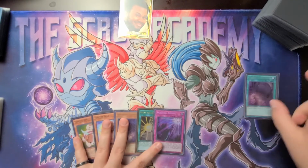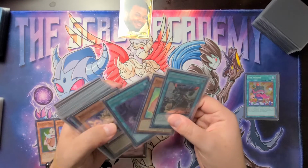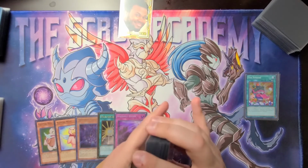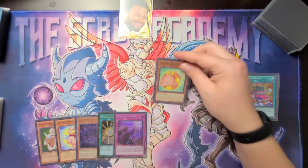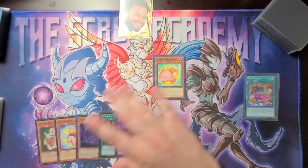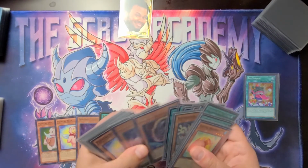So we're gonna go ahead, we're gonna activate the Goods. Goods is going to be sending our Toy Vendor. Toy Vendor is going to be... This is rough here. So Toy Vendor, we can normal summon this to set the Toy Vendor to then do some other stuff there, but then we don't have anything with this. So we're not gonna do that play. We're going to add a...